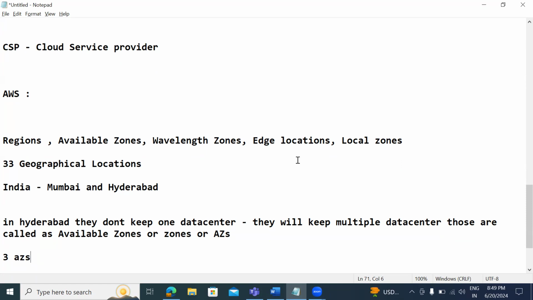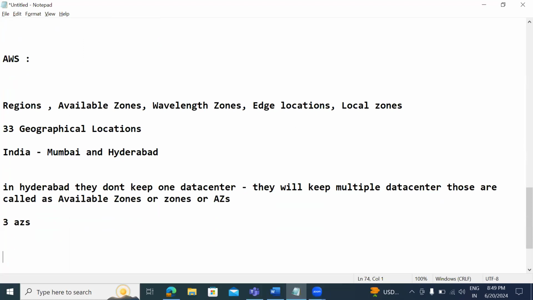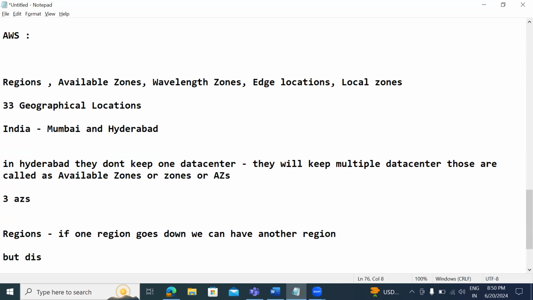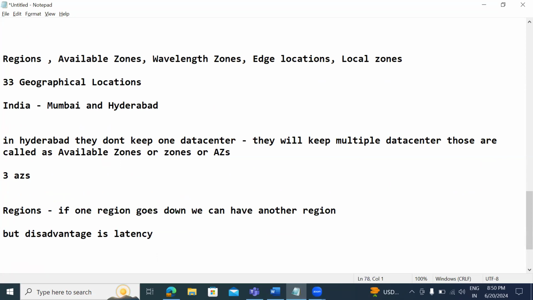If one zone goes down, the solution is still highly available from another zone. If one zone goes down, we will have another zone. So what is the main problem with regions? If one region goes down, we can have another region, but the disadvantage is latency between the regions. Suppose I have one in Hyderabad and a second one in the US, definitely I'll have some latency. The solution for that is,